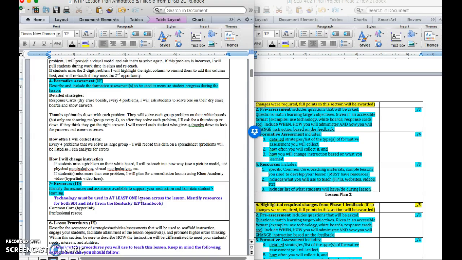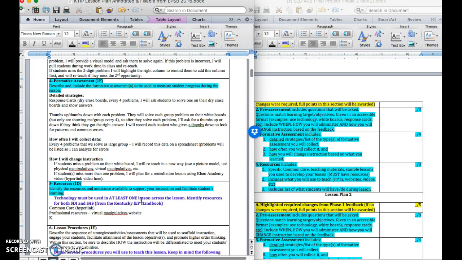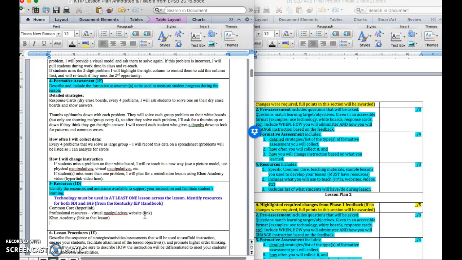So for this lesson, since it's math, I will probably link to the Virtual Manipulatives website. Khan Academy has a video that I want to use to teach the basic lesson, so I'm going to link to that lesson. I'm going to link to the Virtual Manipulative site, and then there's another